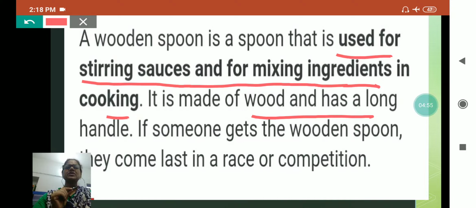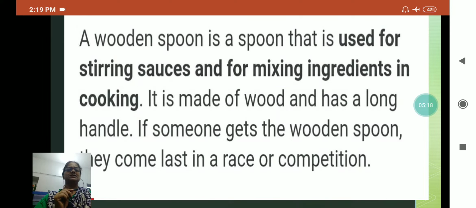Mostly we use a wooden spatula in non-stick pans, because if we use a metal spoon there, it harms the utensil. So usually we use a wooden spoon with non-stick pans.